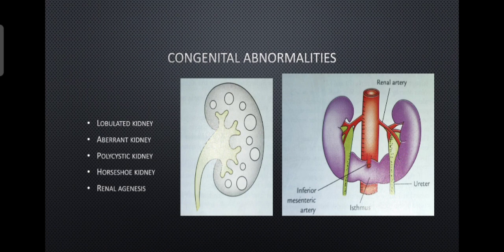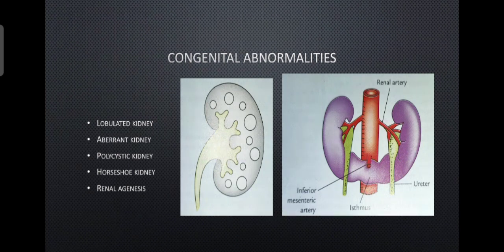Also, we have the aberrant kidney. As we saw, during the ascent of the kidney from the pelvic cavity to the abdominal cavity, many arteries originate and degrade. On reaching the adult position, when any of these arteries does not get obliterated, it results in an aberrant kidney. That is, the kidney will have additional blood supply from that of the fetal artery. Okay, this is the aberrant kidney.